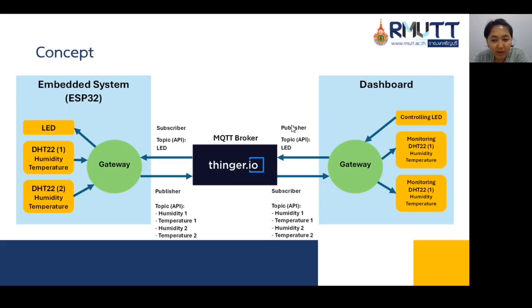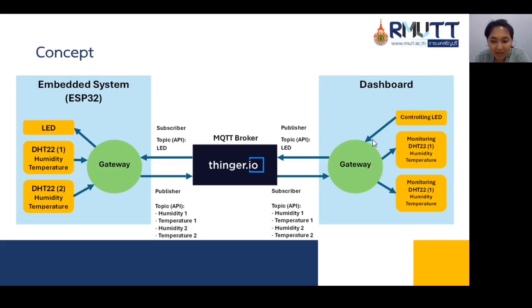Publisher will collect the data of the DHT22 sensor in the embedded system ESP32 such as temperature and humidity, and also collect the signal control of LED switch in the dashboard,